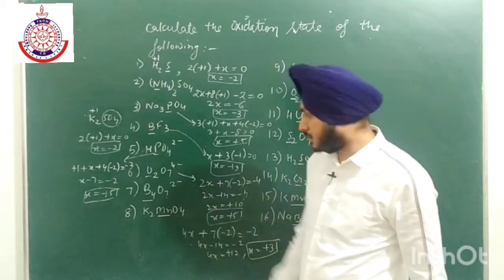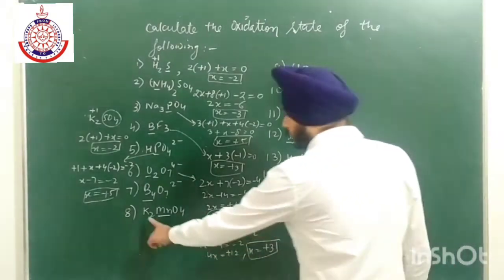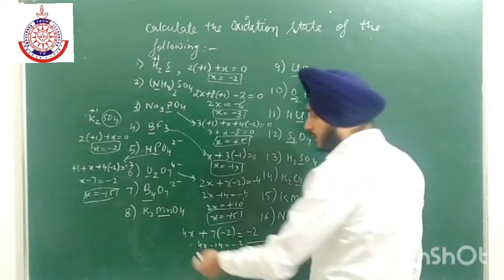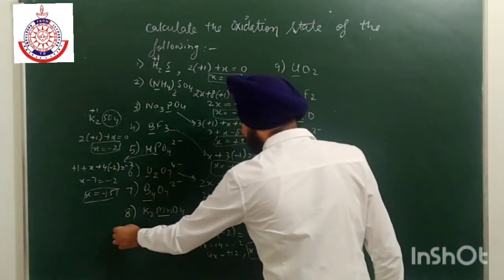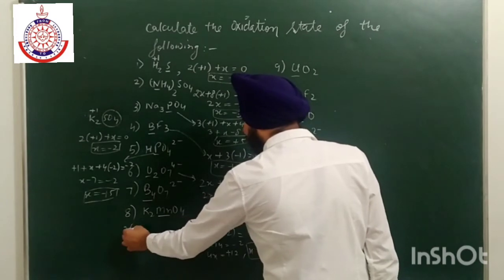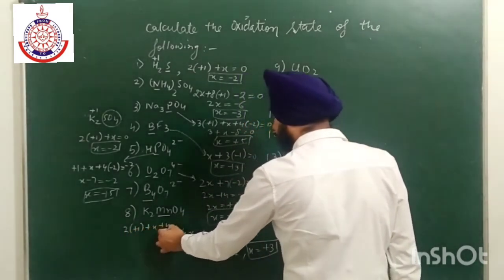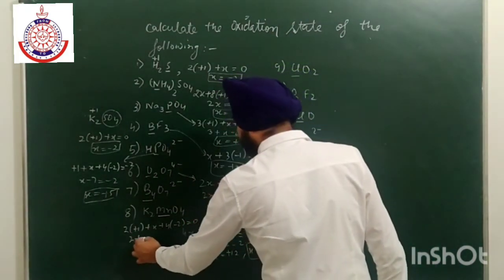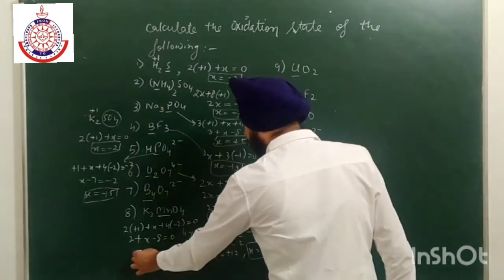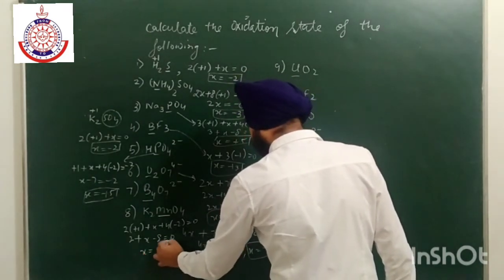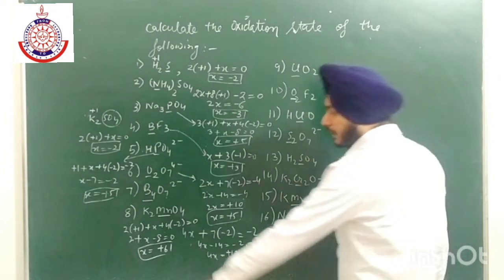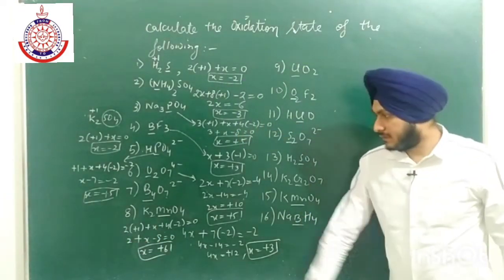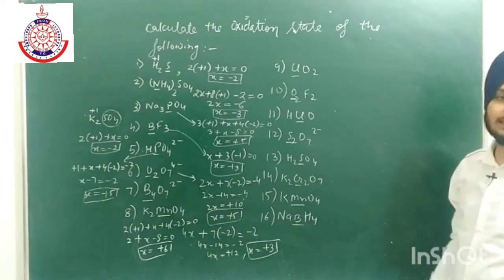Now in this case we have to calculate for manganese. So the oxidation state of potassium is +1 because it is an alkali metal. So 2 into +1 plus x plus 4 into -2 is equal to 0. So 2 plus x minus 8 is equal to 0, and x is equal to +6. Okay, so after calculating, x comes out to be +6. Now is it clear? These 8 examples. Now we are on the ninth one.